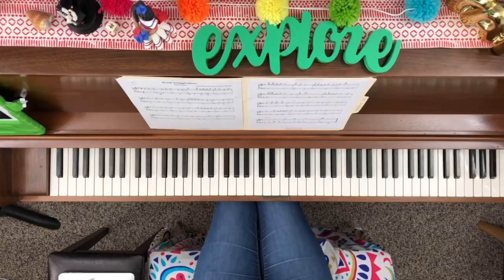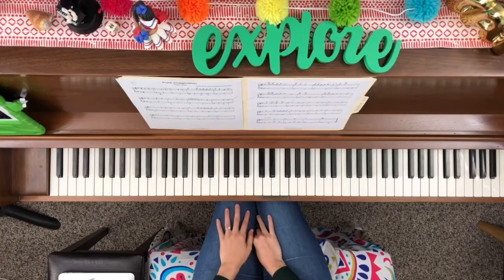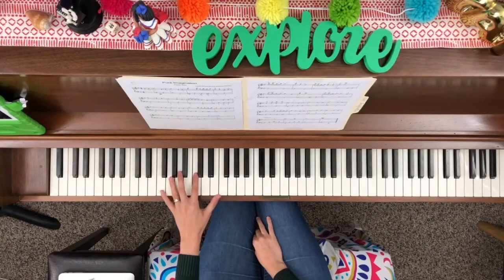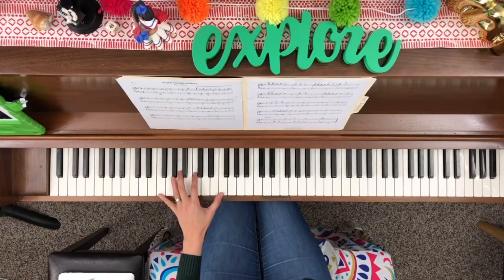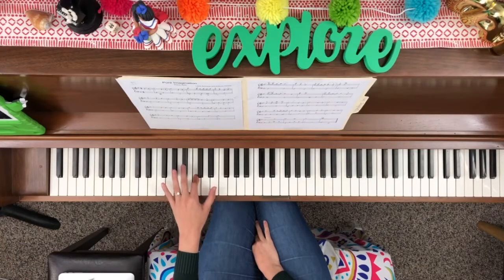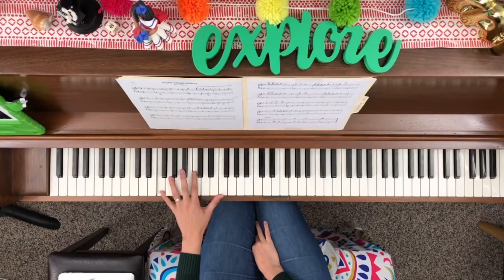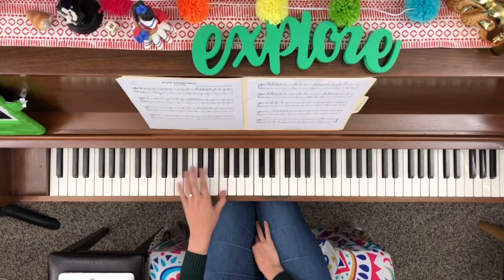Okay, so starting at the beginning here, we are playing a C, right? But we're not going to put our pinky on that C. We're actually going to put a finger 2, okay? That way we are able to reach the subsequent octave that happens, okay? So I'm going to count off, and I'm going to say my note names. 1, 2, ready, play. C, C, up to F, down an octave F, B flat, F, C, C sharp, D,